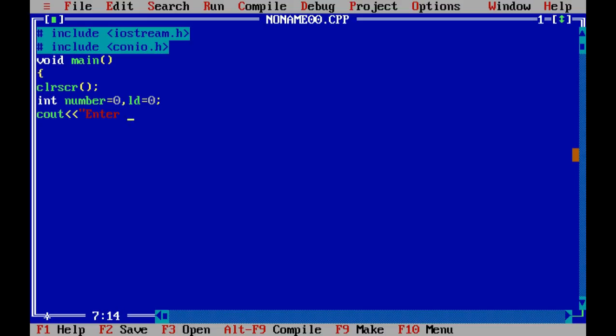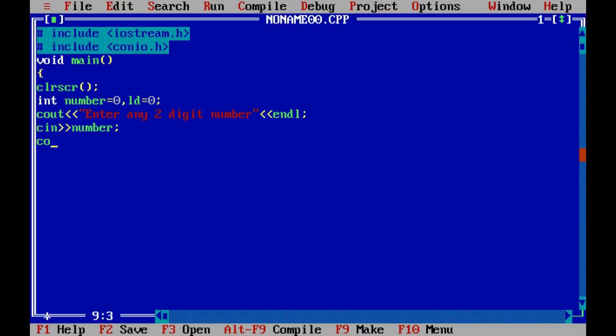So, enter any 2-digit number. You can write any statement of your choice, and then endl semicolon. Then we are asking for the value from the user. So, we will take a cin statement, cin, and because I have taken a variable number, I will use that variable only, number.